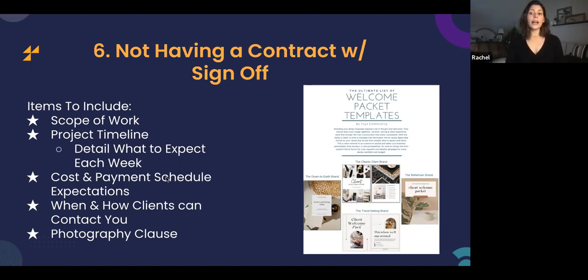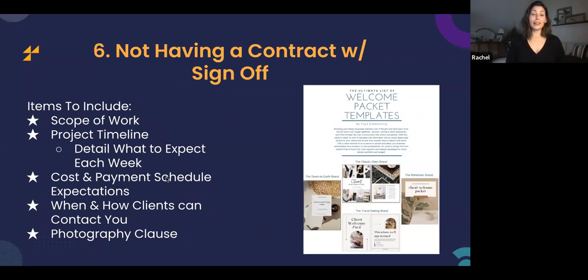Honestly, I used to just accept a signature at the end, but even now that just feels too risky, because then they could say, oh, well, I missed this page, or I don't remember you going over this page with me when we sat down together. I didn't know that work was going to stop, or this, that, or the other. You don't want to run into that situation. So if you can say, actually, I have your signature at the bottom of the page, so we did go over this. Always better to protect yourself.